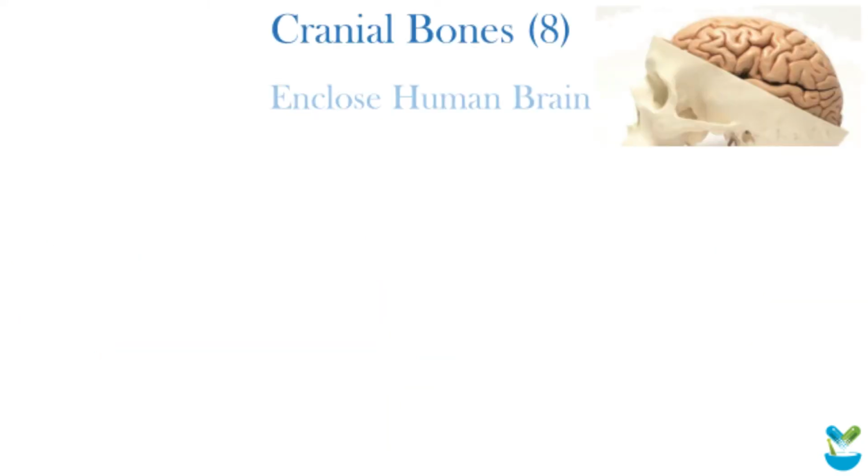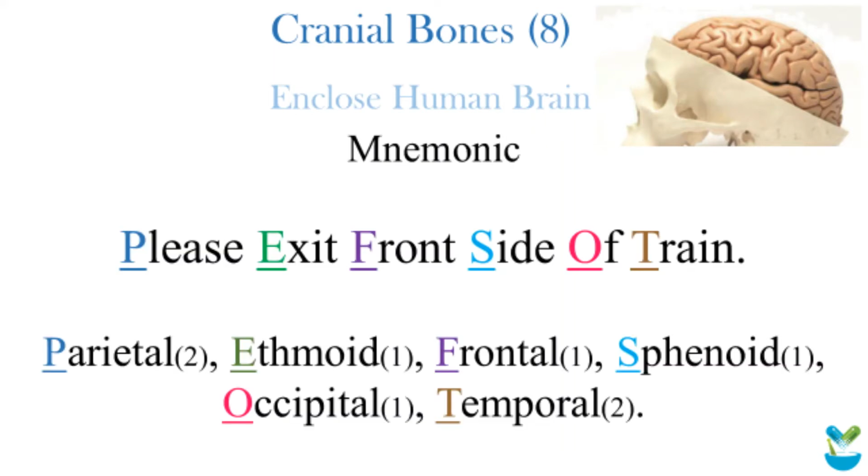First, about cranial bones or cranium, which is the part of the skull that encloses the human brain. The 8 bones which make the cranium are parietal, ethmoid, frontal, sphenoid, occipital, and temporal. Parietal and temporal are 2 in number, the rest are only 1, so this is how it makes a total of 8